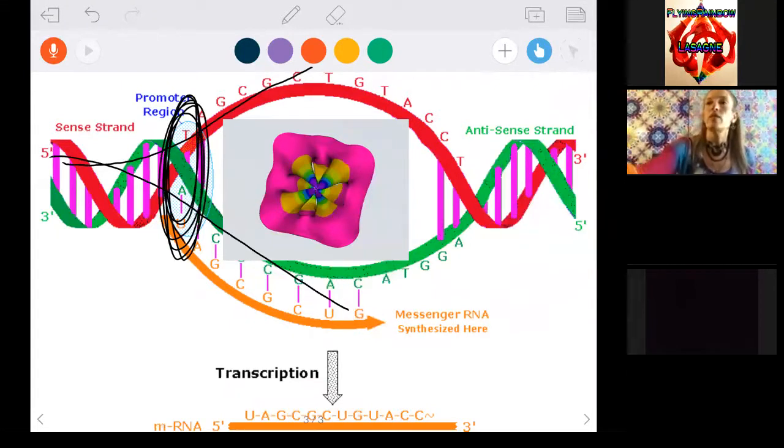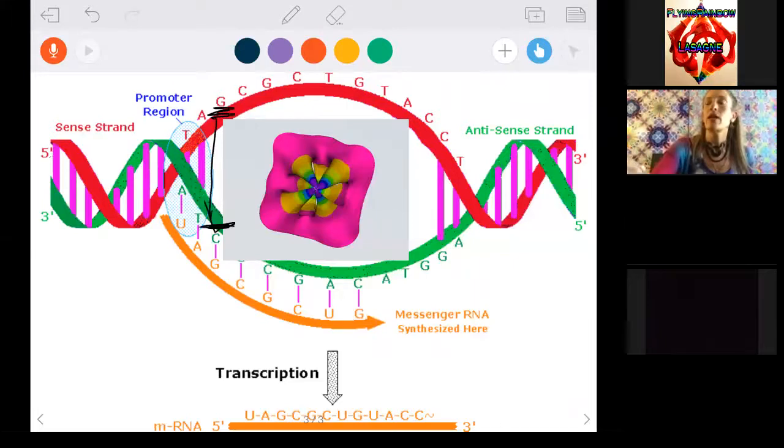And ordinarily, you can see we can only have a G with a C. Those are the dance partners. They're like, we are only allowed to dance with each other. And this guy over here is only allowed to dance with this partner over here. And this partner over here is only allowed to dance with this partner over here. These are the prescribed dance movements that have been going on for many hundreds, if not thousands of years.